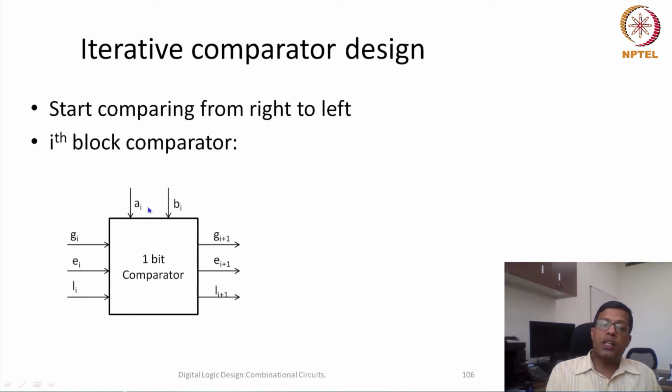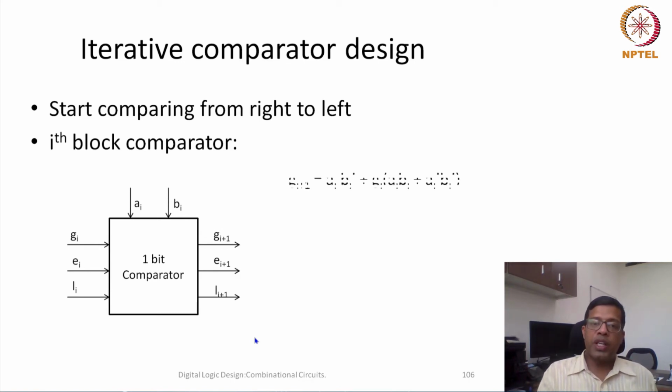This also takes the ith bit of A and the ith bit of B as an input, and it generates an output which also includes Ai and Bi other than the previous comparison. So if we are able to create this kind of circuit, then we can traverse from the 0th bit to the first bit, then the second bit, and keep on comparing. At the time of the 0th bit we know which one is bigger, and then at the result of the first bit we will say, for the combination of the 0 and 1 bits, which one is bigger and which one is smaller. So this comparison keeps on happening till the end.